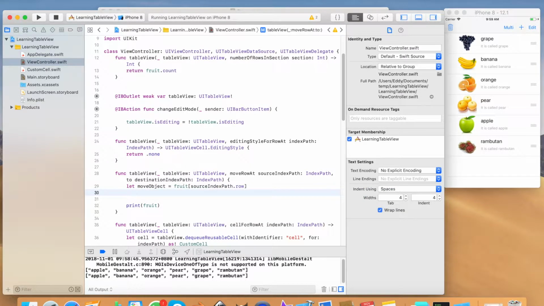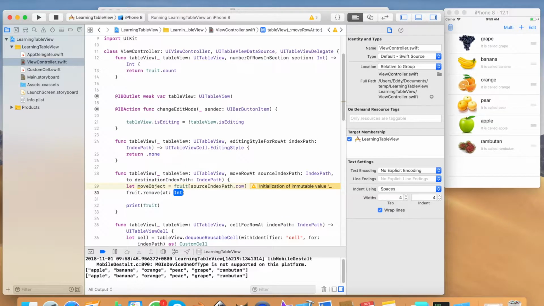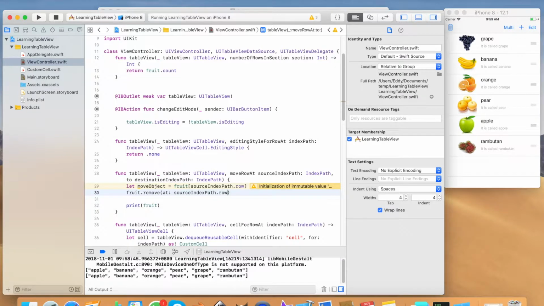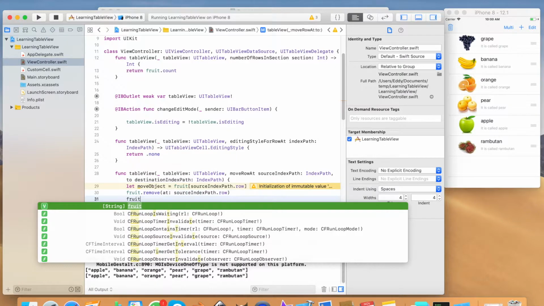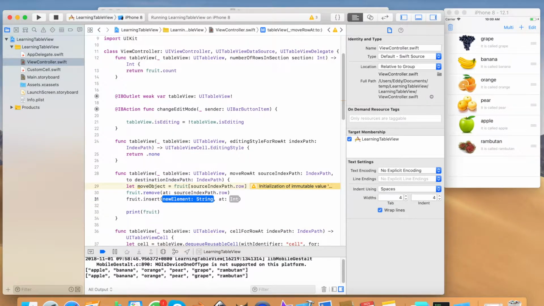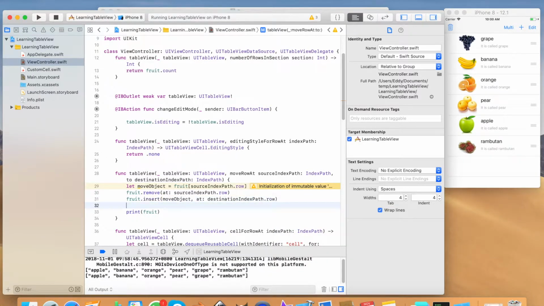So I copy the object that I'm going to move, and then I need to remove this source object, so it disappears in the array. But I also need to insert this row back. So this is the move object, and the new location will be destination.indexPath.row. So if I add these few lines, when I run the app again,